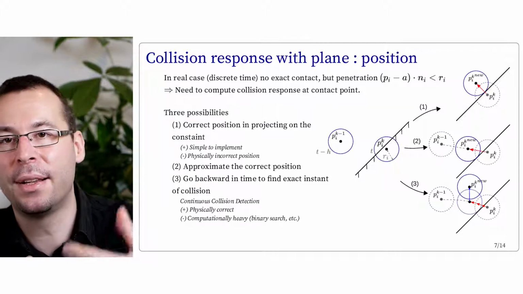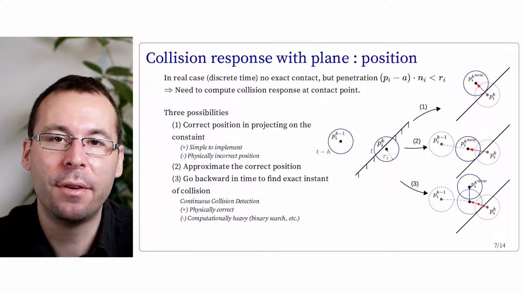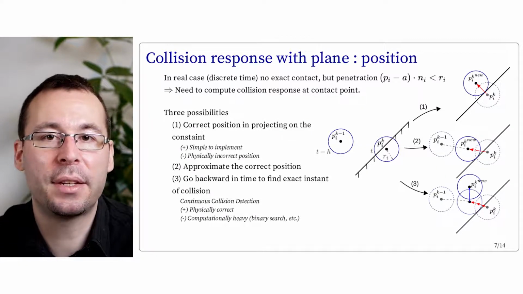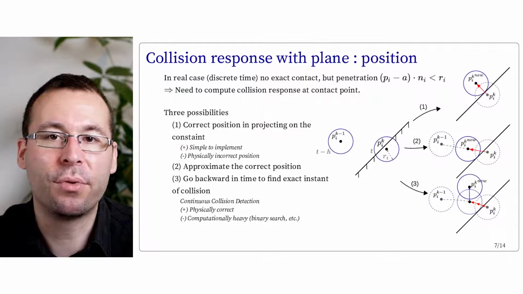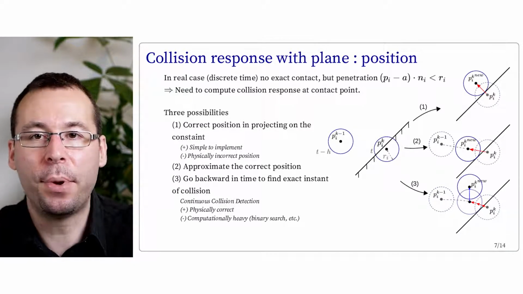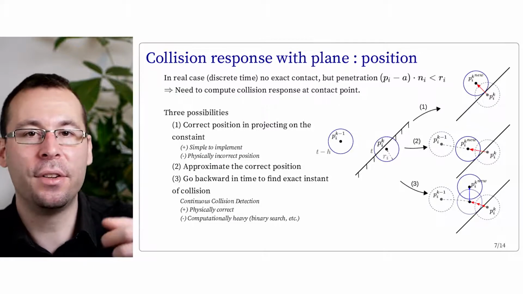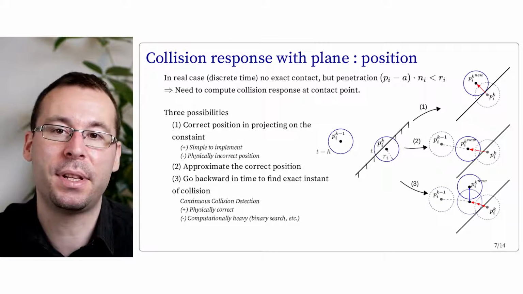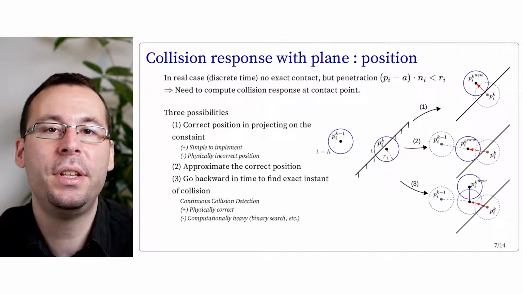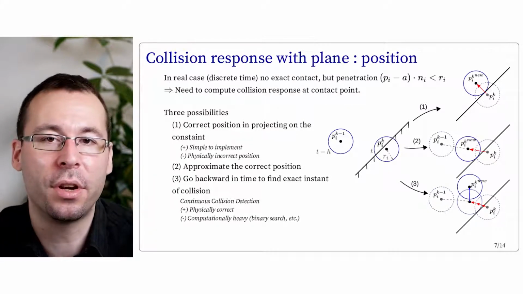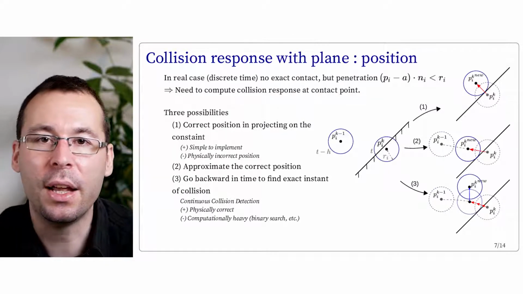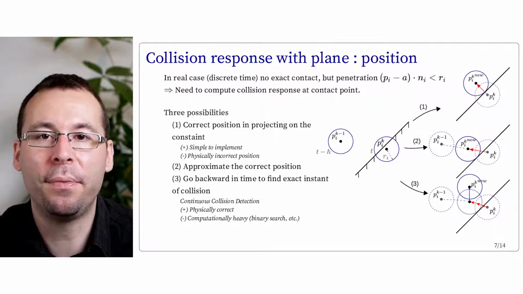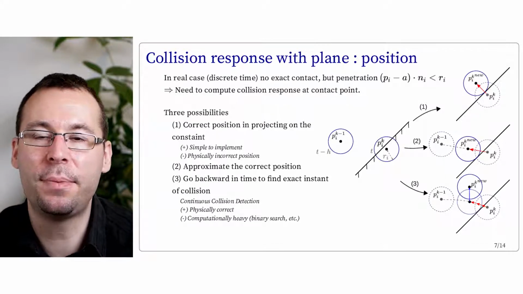The last and the more correct way to deal with such response is actually to try to find the actual time of the collision that happened between the time step. Once this intersection time is found, as well as the contact position, then the bouncing effect can be applied and the new position can be computed from the remaining time in this time step. So this approach is called the continuous collision detection, or CCD in short, and it's more correct with respect to the physical phenomenon. The bouncing effect is taken into account along the displacement of the sphere.